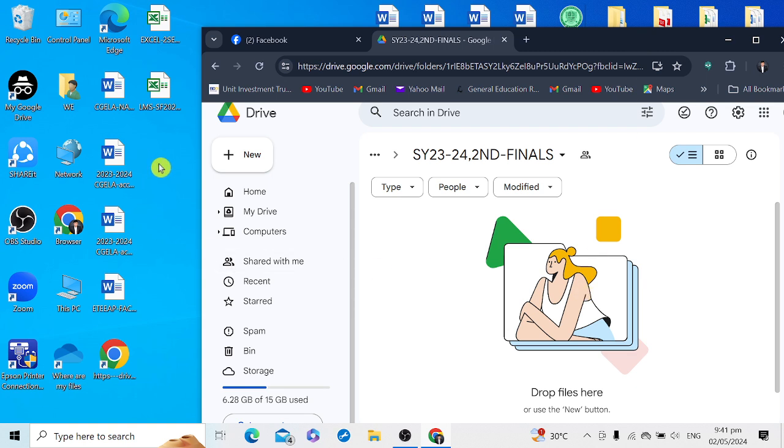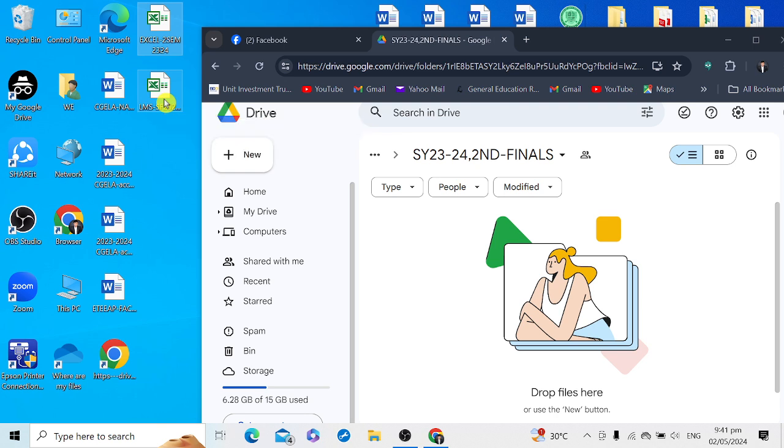The easiest way is to drag and drop, which is you just highlight. If you want, you can do it at the same time by highlighting both of the files. Here, I'm going to try and capture both of the files. As you can see, I've already highlighted both of the files there.